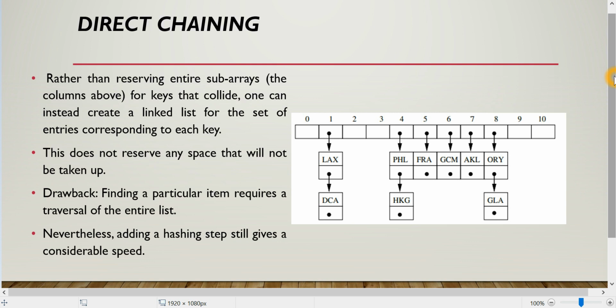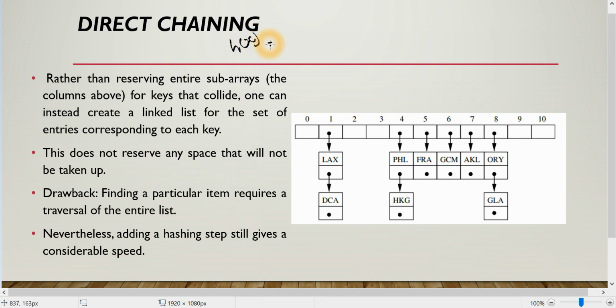Okay, welcome again. In this particular tutorial, we are going to be looking at the direct chaining method. In the previous session, we talked about the bucket strategy. At this point, we are going to be looking at the direct chaining method now. What is it about? The thing also follows the previous tutorial where we define a hash function h of x